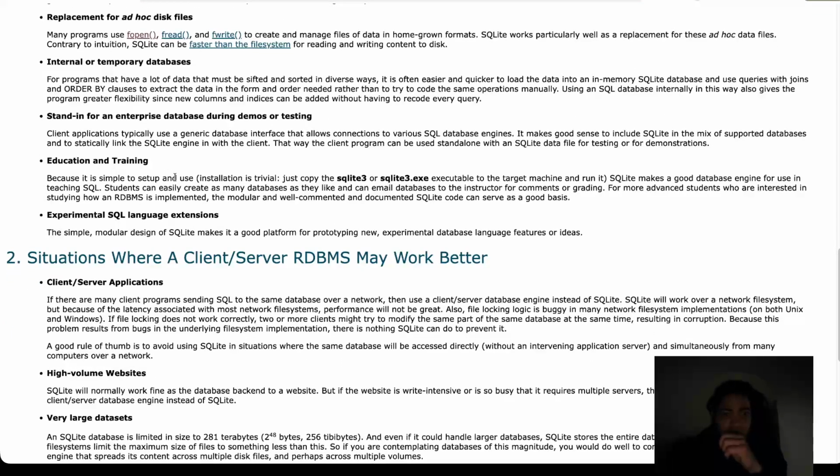Because it is simple to set up and use, install is trivial: just copy the SQLite binary executable to the target machine and run it. SQLite makes a good database engine for teaching SQL. Students can easily create as many databases as they like and can email the database to the instructor for comment or grading. For more advanced students who are interested in studying how a real database management system works,